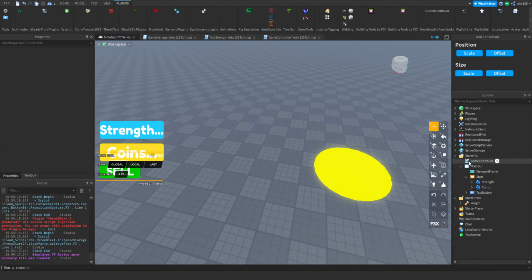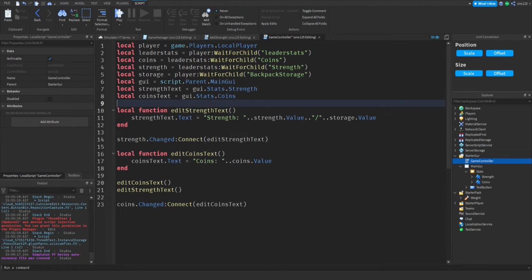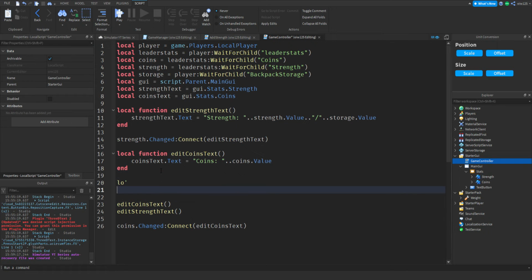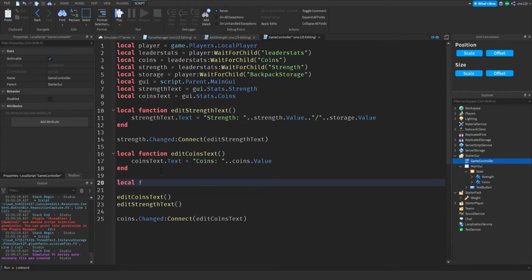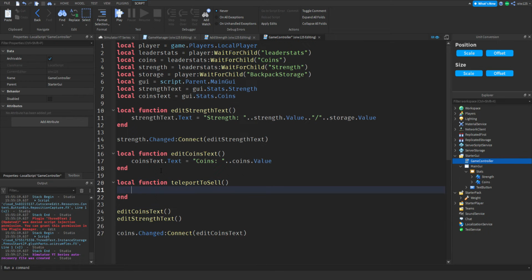So we can go into the game controller, and then we can make another function, a local function, teleport to cell. Then we can do player.character primary part dot cframe is equal to